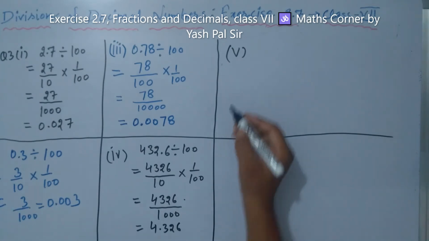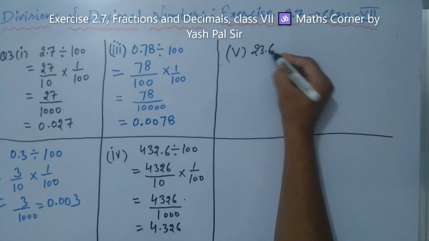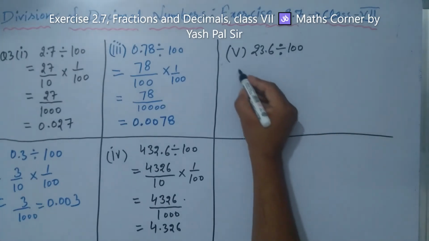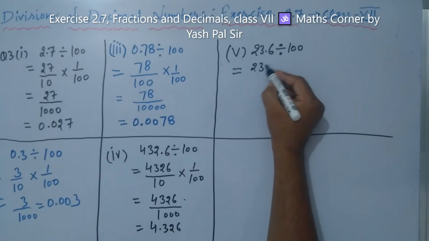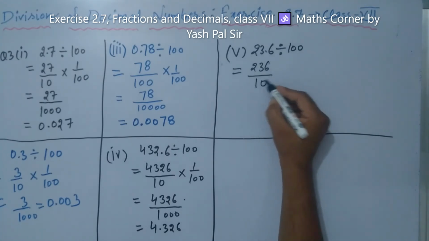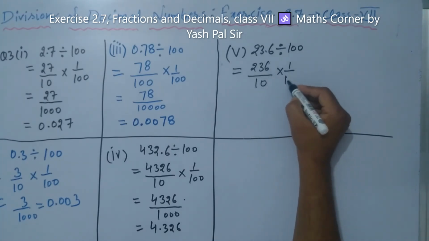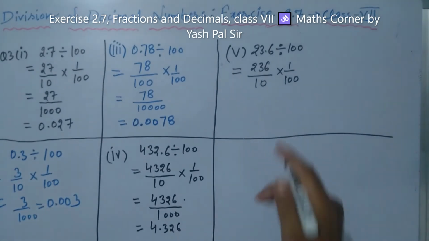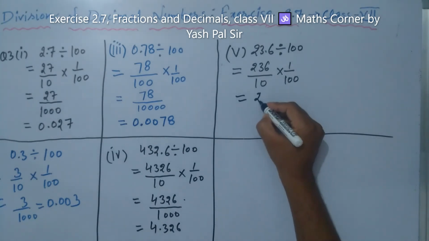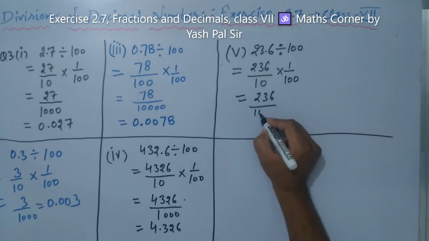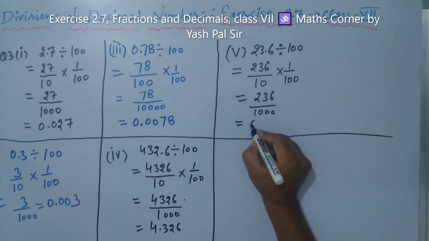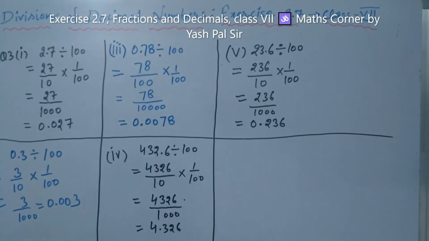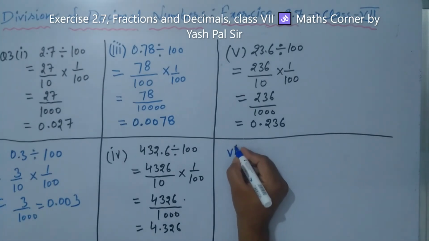What is this? 23.6 divide 100. So it means 236 divide 10 into 1 upon 100. Further, this means 236 divide 1000, which means 0.236. Now last part of the question, part number 6 is